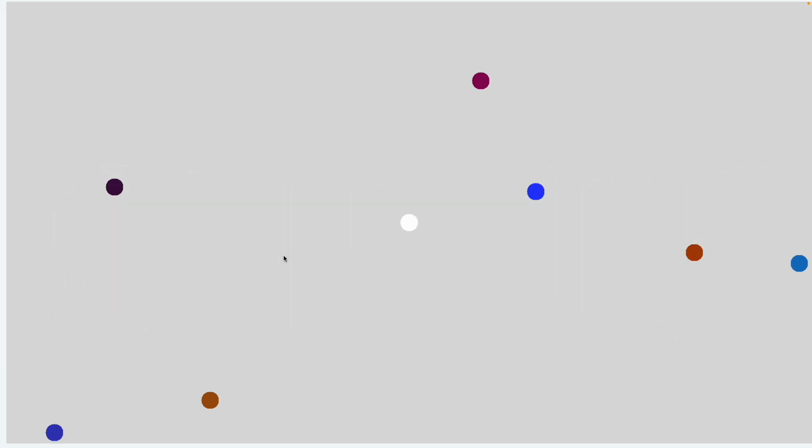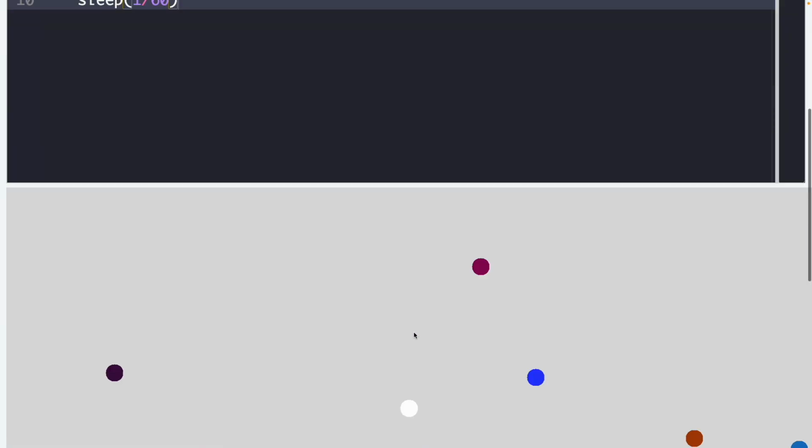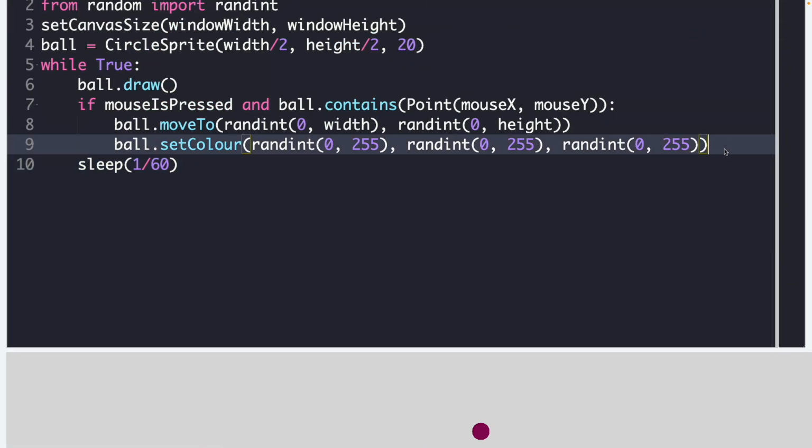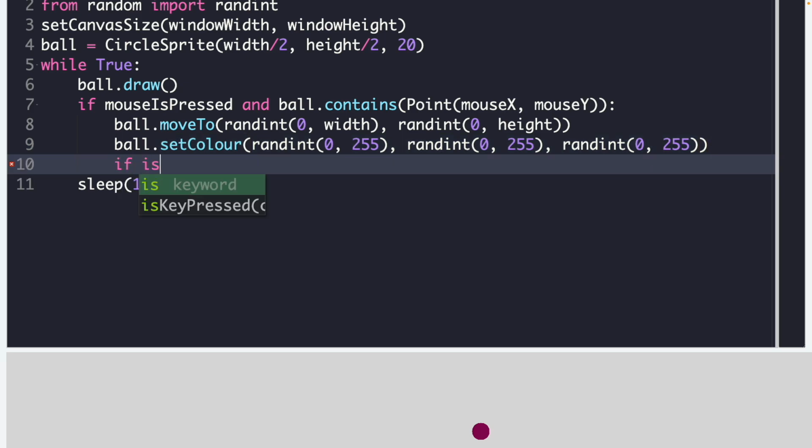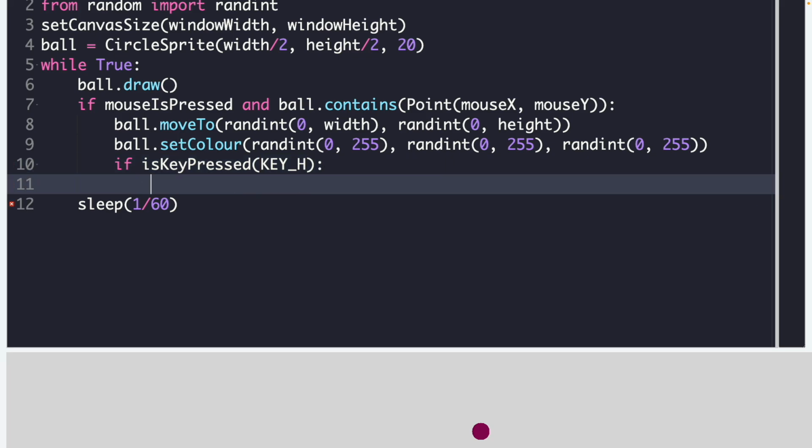How can we make this better? And obviously we need some more lines of code, but clearly you could just add a score. That would be great. See here, I'm not sure which was the latest ball. I don't know which one I'm going to click on. So maybe I could have a help key. So let's try that. If I add, let's say, if is key pressed, key H for help. If I press the key H, then let's go